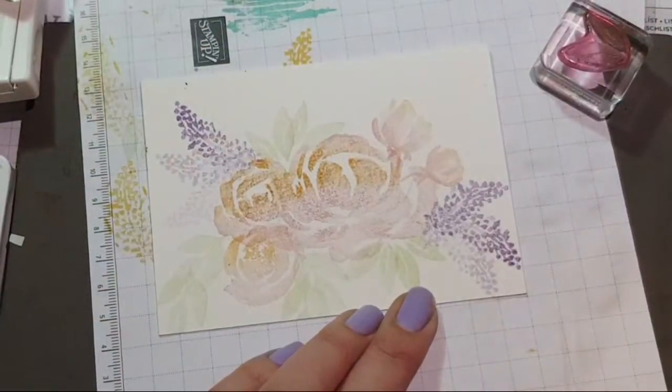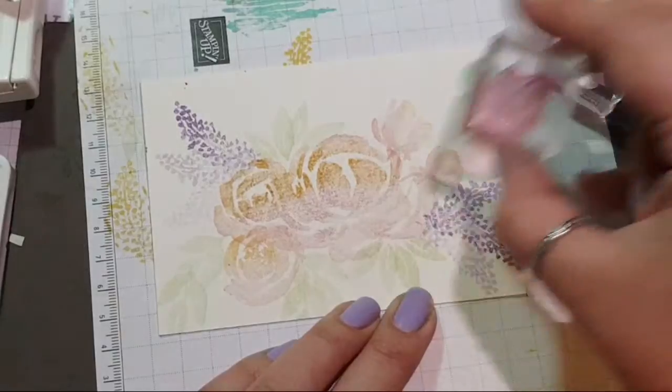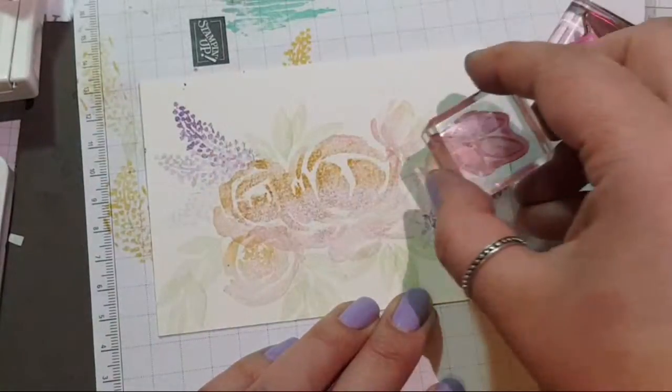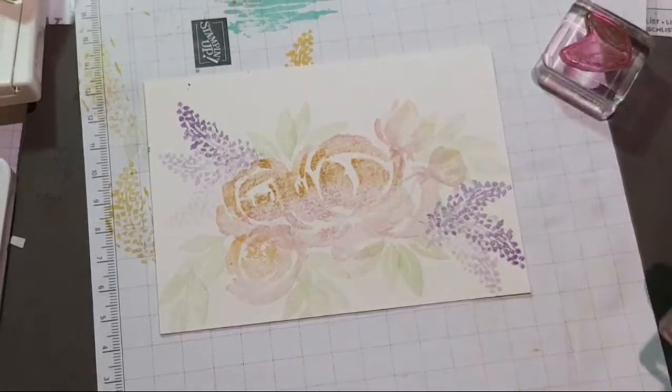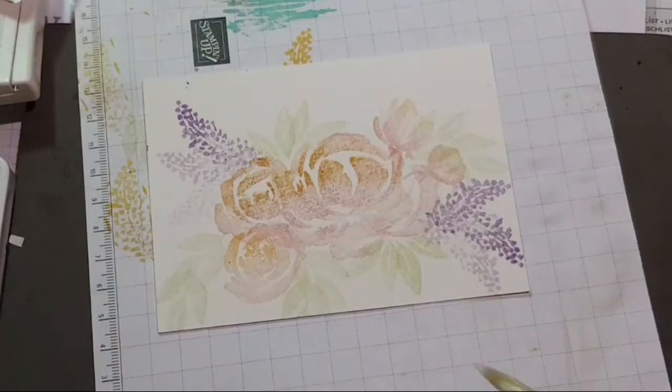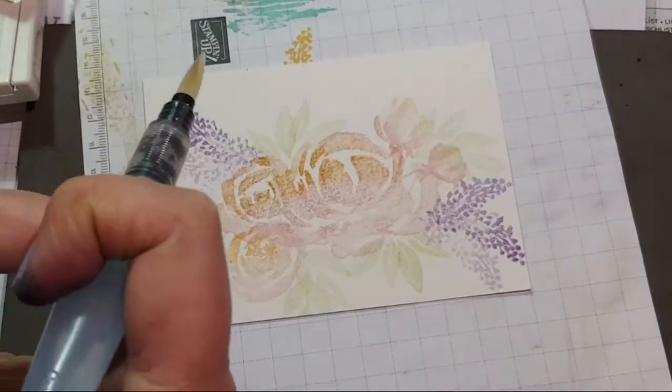The purple I'm using is Highland Heather. I made a mistake and called it the wrong thing, but it's Highland Heather. Okay, so we'll lay down all our colours that we want, and we're going to,